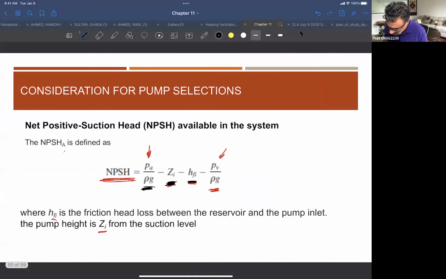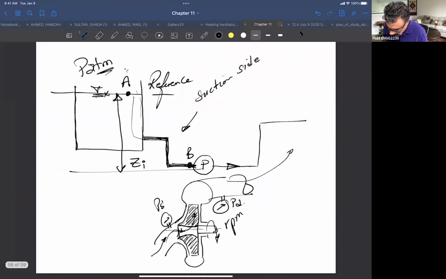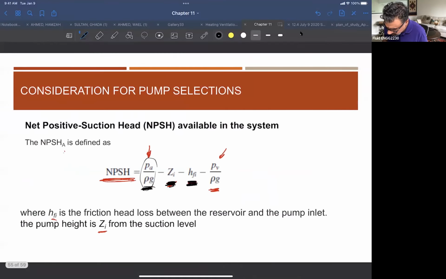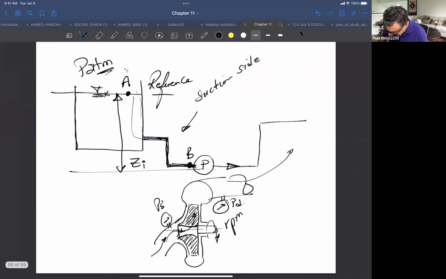This is what? Pressure A minus Z minus losses between the tank and the pump, right? Minus P vapor. Why minus P vapor? Because you want to make sure that this value is still higher than what is required by the pump. Why is that? Because if the pressure is reduced, what will happen in this case? The liquid will evaporate, because